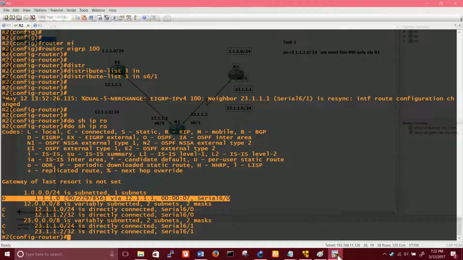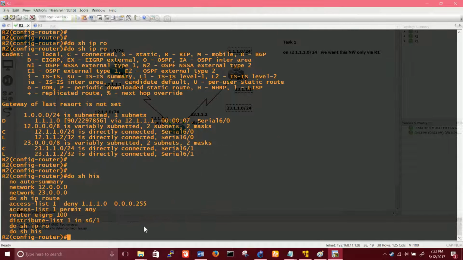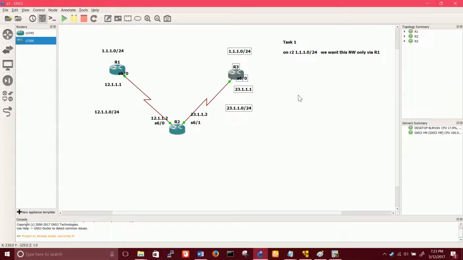So it was with no restrictions, nothing. We were allowed to use the interface command, and we did that. Do show history. Look here, we used the interface. But what if you are not allowed to use the interface? Without that, can you do it? It is hard. If you are using only the standard access list, you cannot even tell, because a standard ACL only tells what prefix you want to filter. It won't tell you where it is coming from. That's why we have to tell that on this interface I want to filter it out.